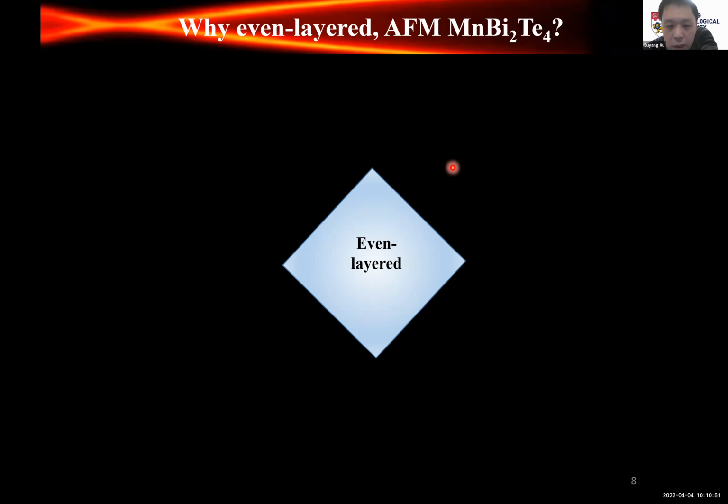I'll try to explain why this is special and why this is interesting. First, it is very interesting from the symmetry point of view, because this is a quite rare case where the crystal itself is centrosymmetric, has space inversion symmetry, but the magnetism breaks inversion symmetry. So let me show what I mean by that. Let's start from